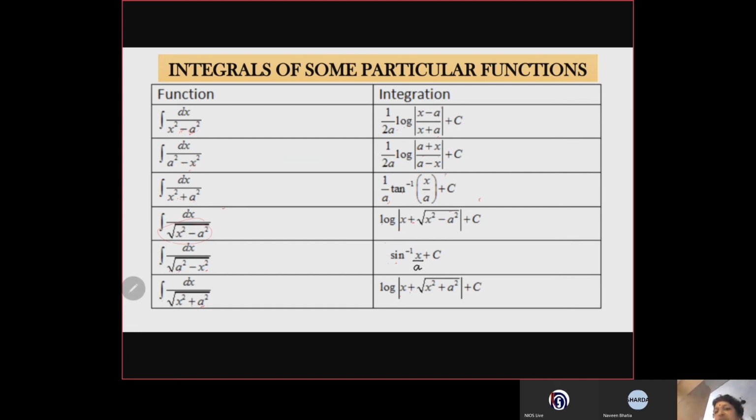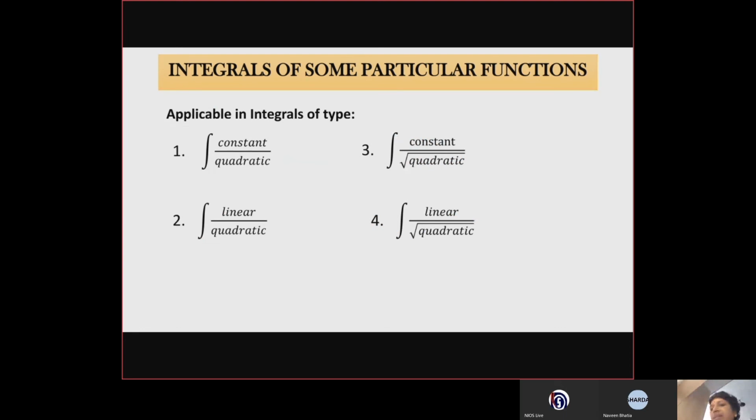जब यही चीजें with रूट हैं डिनोमिनेटर में तो पहले कोई कांस्टेंट्स नहीं है, it directly starts with लॉग मॉड x प्लस जो भी डिनोमिनेटर में था रूट x स्क्वायर माइनस a स्क्वायर प्लस c। और अगर 1/रूट ऑफ 1 माइनस x स्क्वायर यानी साइन इनवर्स x वाले फॉर्म में है 1 की बजाय a स्क्वायर, तो ये बनेगा साइन इनवर्स x बाय a प्लस c। इंटीग्रल dx अपॉन रूट ऑफ x स्क्वायर प्लस a स्क्वायर बनेगा लॉग मॉड x प्लस रूट x स्क्वायर प्लस a स्क्वायर प्लस c। अब ये देखते हैं ये कहाँ यूज होती हैं।